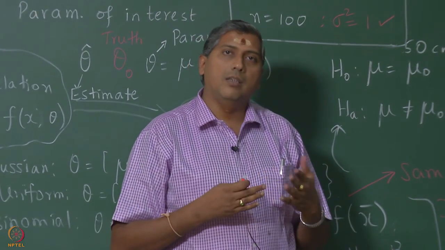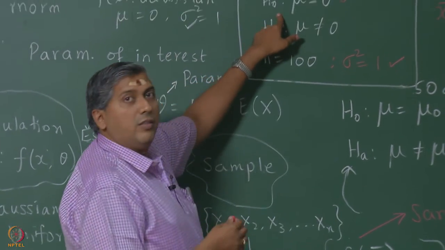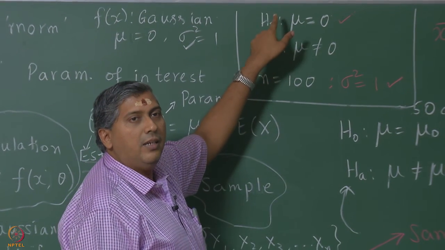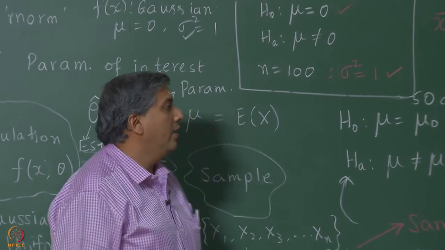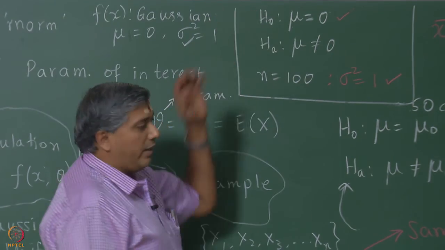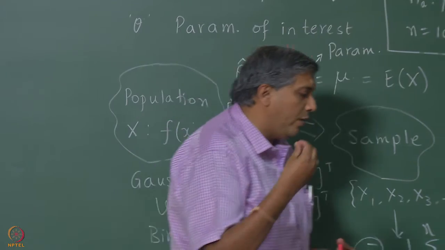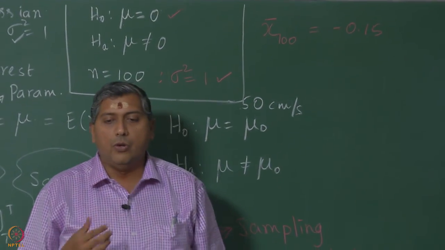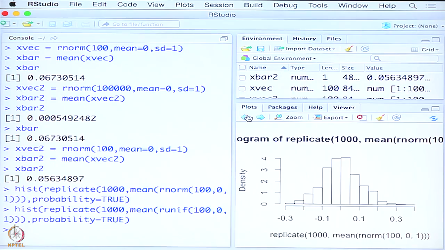Remember, there are going to be two different kinds of error. One, that this null hypothesis is true and I end up rejecting it. The other being this not being true and I still do not reject it. So, one is called a type 1 error, the other is called a type 2 error. Depending on the error that I incur, I will fix a critical value. So, if you look at the probability plot there, minus 0.5 is not such an improbable value.